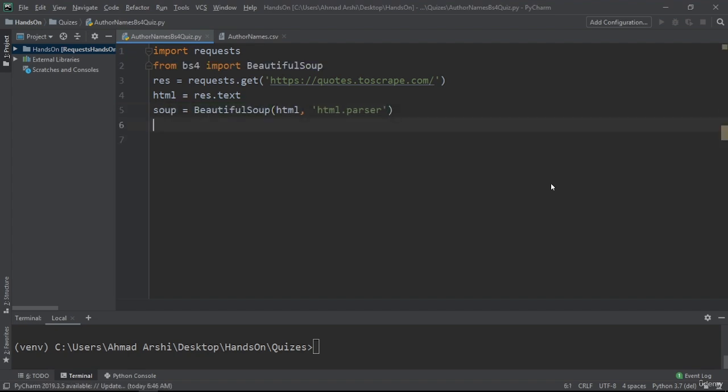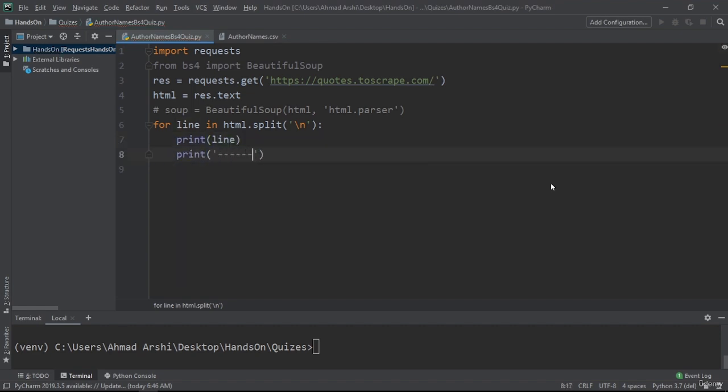Now what I want to do is simply see what tags contain the author's information. For that we just have to print it first, and after that we will see what the actual tags are that enclose our code. So let's comment this out for now and say for line in HTML.split on the basis of \n, so that we get each line for each iteration, and then let's print the line, and for separation let's print some dashes as delimiters. Now if we give it a go,